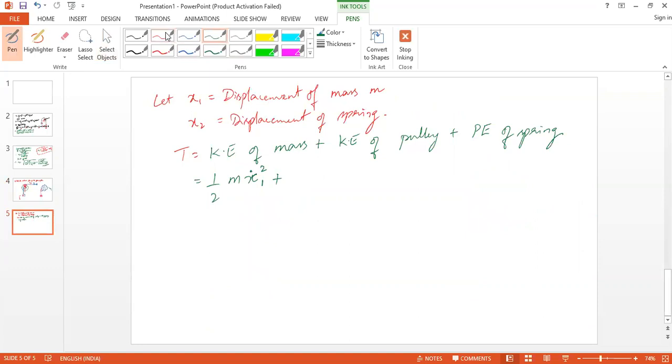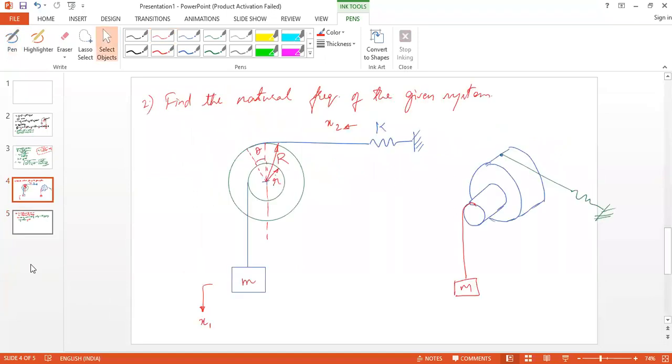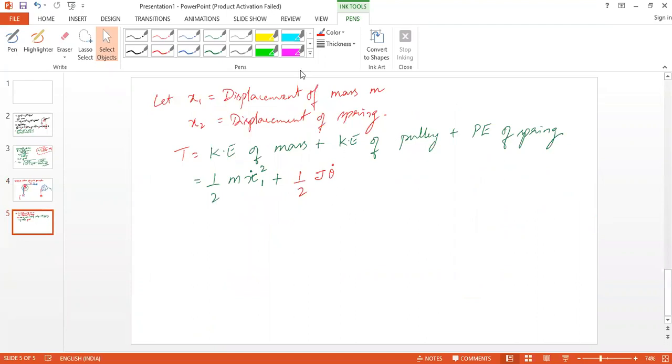So it is half into J theta dot square. That is theta 1 or theta 2? Just one theta, no sir. There is only one theta, so there is no theta 1 or theta 2. The bigger radius pulley and the smaller radius pulley will rotate with the same angular displacement theta. Both will rotate with the same theta. Plus